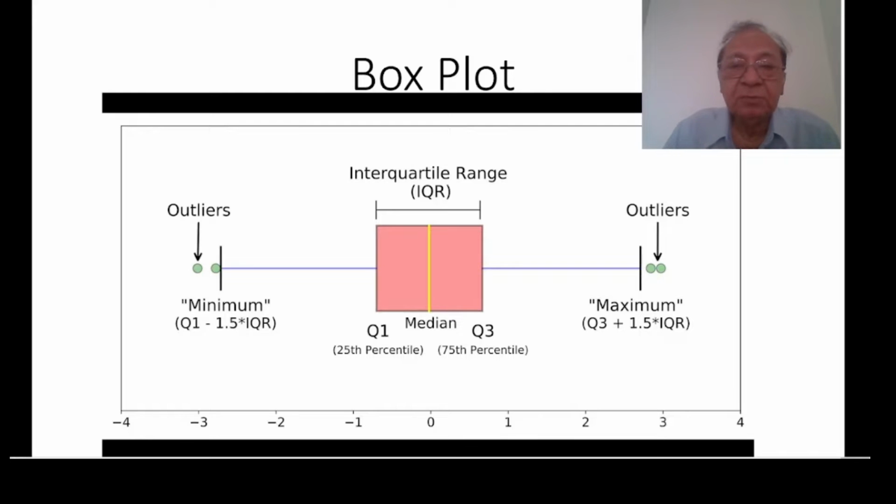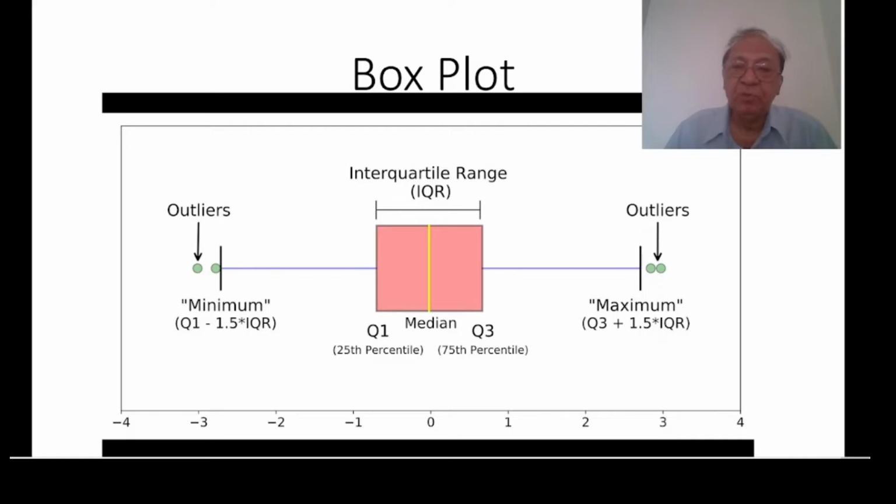And then the 25th percentile is the first quartile and the 75th percentile is the third quartile. The difference between the first quartile and the third quartile, we can say, is the interquartile range, that is IQR. So if we multiply IQR with 1.5,